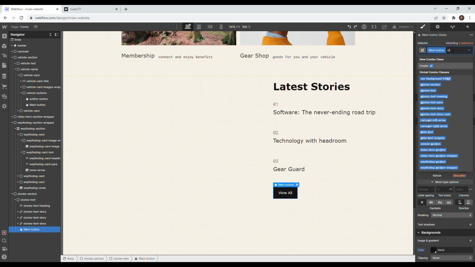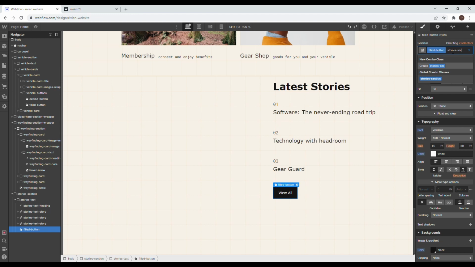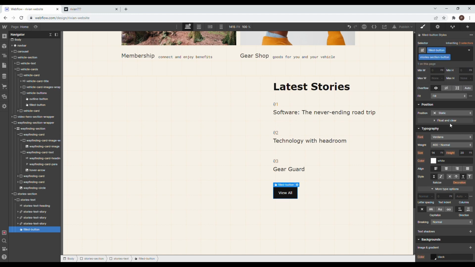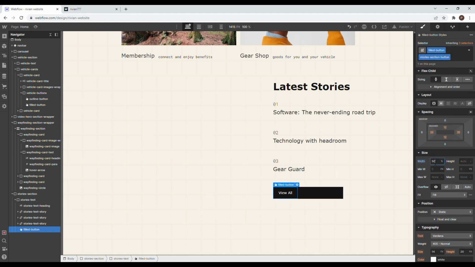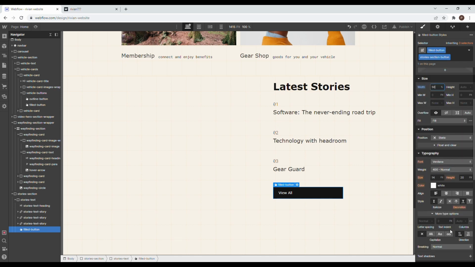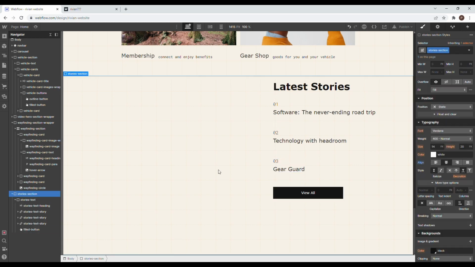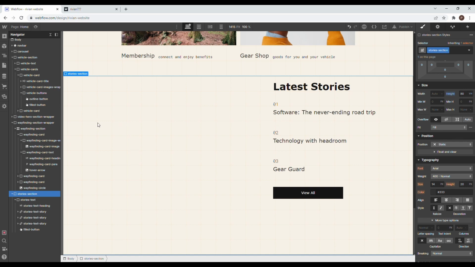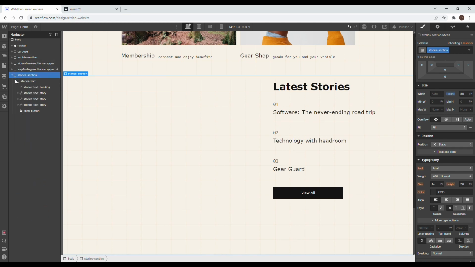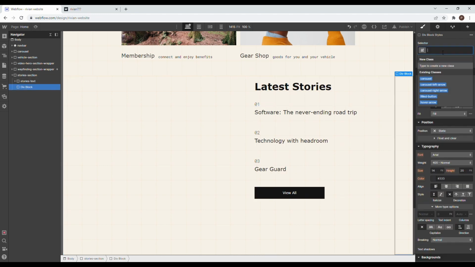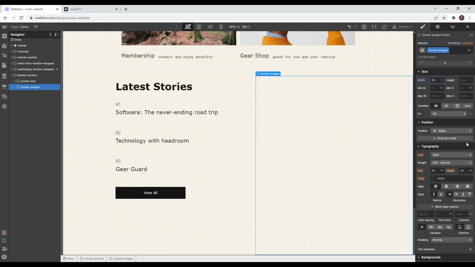Sorry, I should give it a different combo class of stories section button. And then I will actually make it take up 50% of the width and have it be centered like that. Okay, so that's the text. So let me just close up all these other ones. Okay, so close up the text, and then I'll bring in another div, and I'll give this one a class of stories images. Give it a width of 45%, a height of 100%,